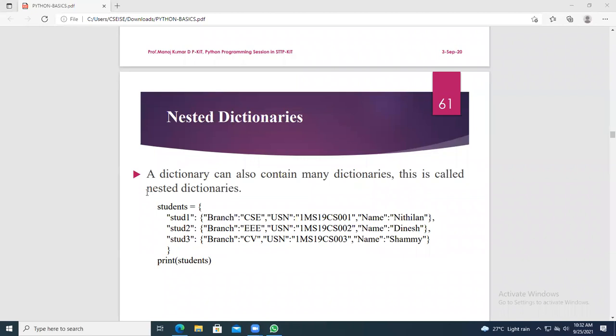So now you are in the concept of nested dictionaries, where a key is within another key or a value is within another value. If a key is within another key, or a value within another value, we call it a nested dictionary.